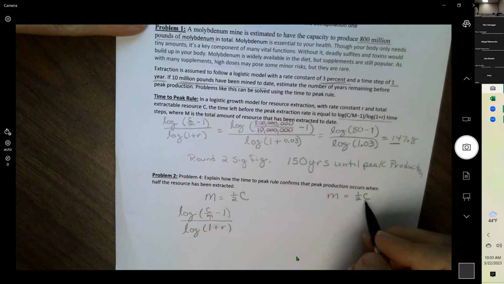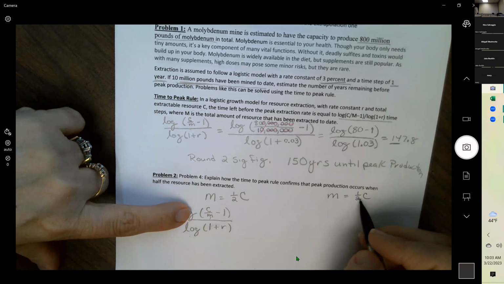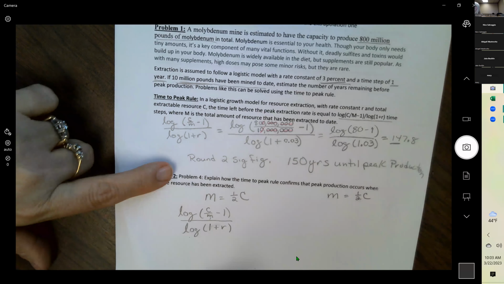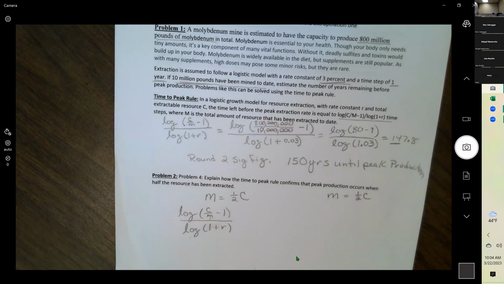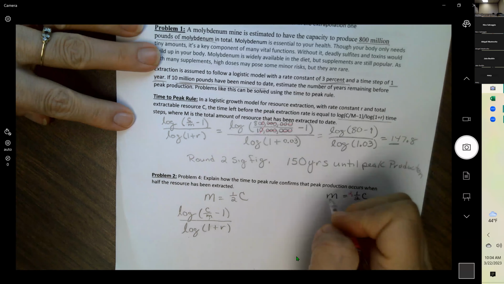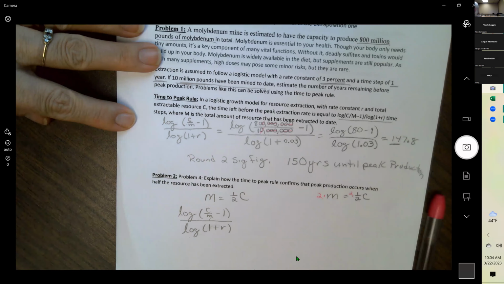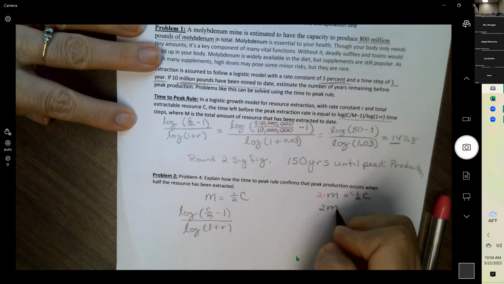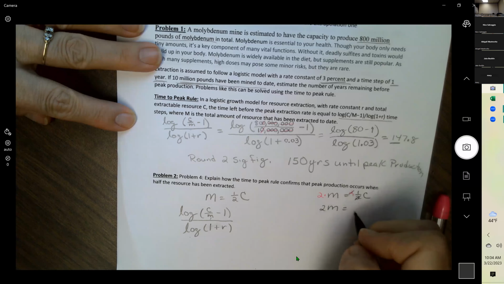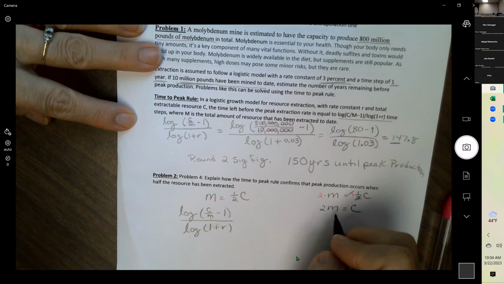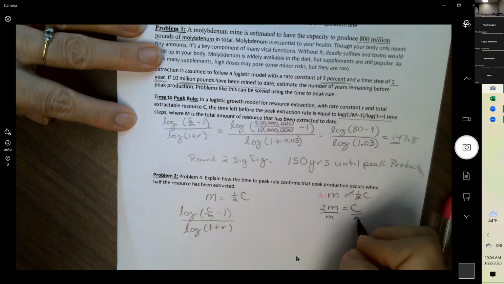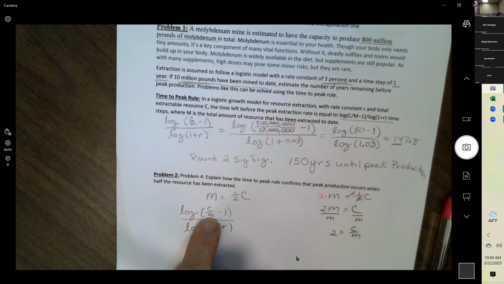So we could solve this. We could multiply both sides by 2 to get C by itself, and then divide by M. That way we can plug in here. Now the rate's not going to matter what the rate is. When we plug in 2 on top,